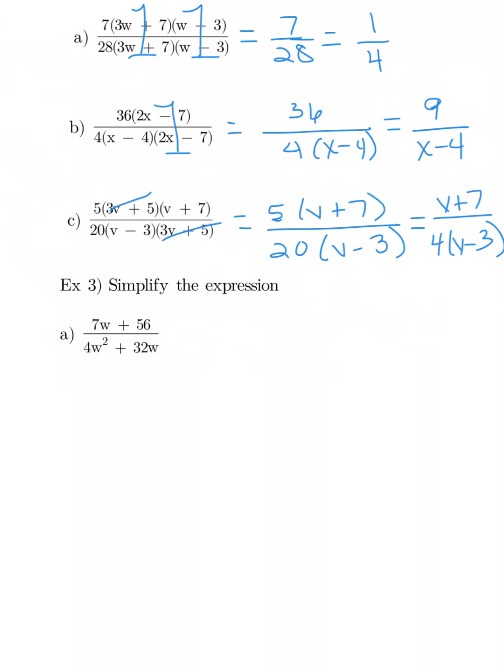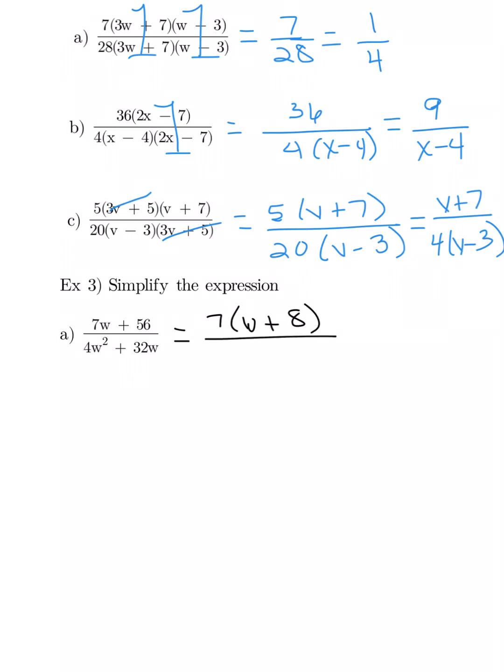Our next group of expressions to simplify are going to require that we factor them before we do the simplification. So looking at this first one of 7w plus 56 over 4w squared plus 32w, we have to check to see what we can do in both the numerator and the denominator to factor it. The numerator, we can pull a 7 out of each term. Take out a 7. 7w divided by 7 leaves us with w, plus 56 divided by 7 leaves us with